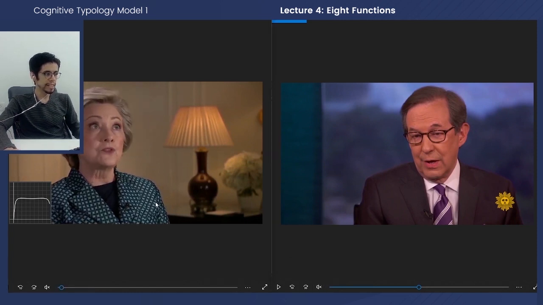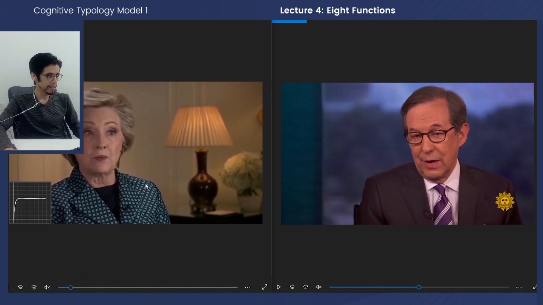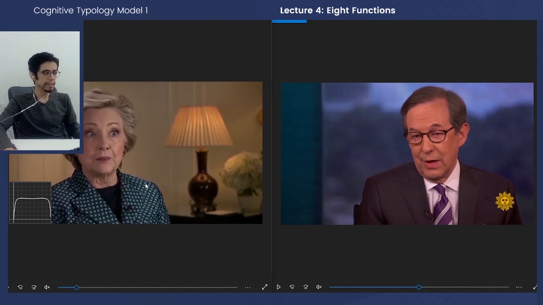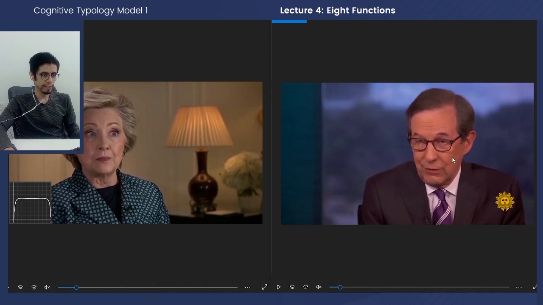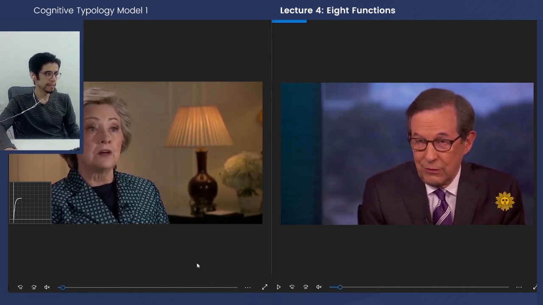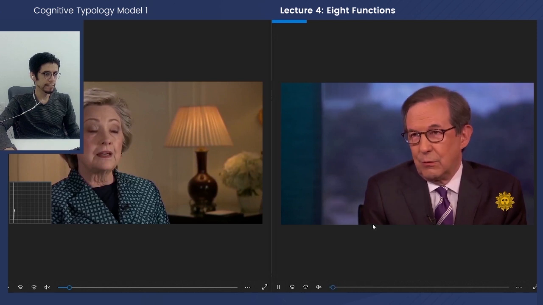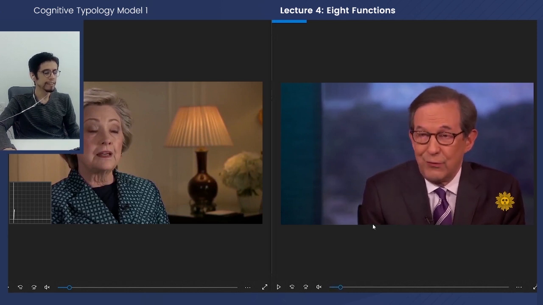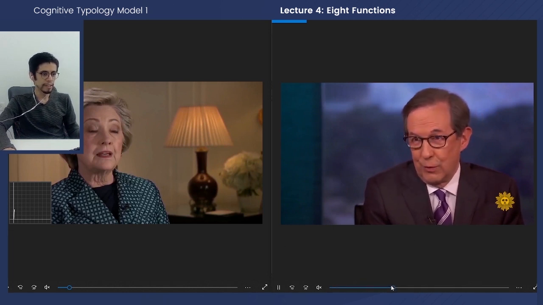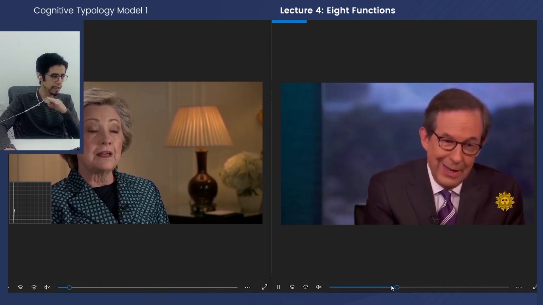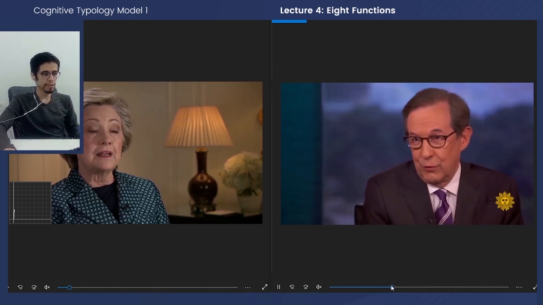So you can see here that both of them have very snappy, dismissive head shakes. Like the way that their head shakes happen here, for example, Hillary, they're very quick and expedient. Here with Chris Wallace, they're also very quick and expedient. Let me play it again. Look at that here, and then look at that here, right? Very snappy and quick. Their articulation has a similar tempo and velocity. He kind of swings his head around in one kind of linear stroke.